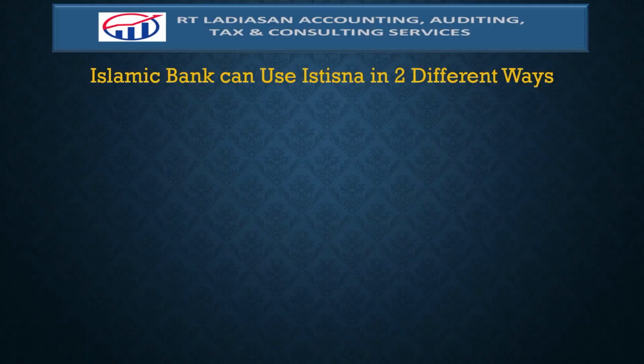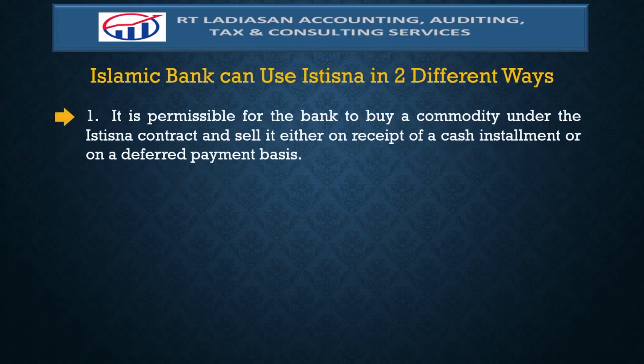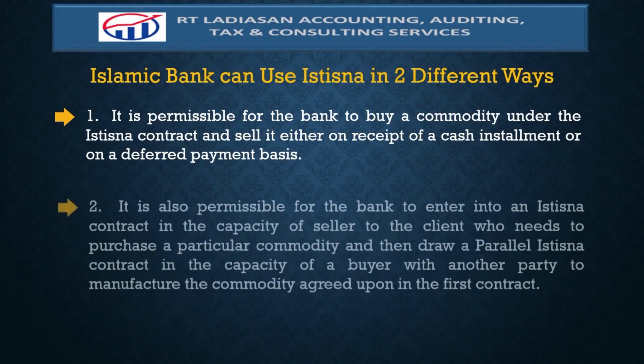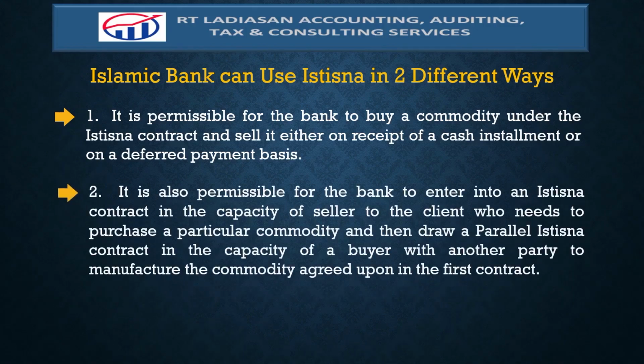An Islamic bank can use istisna in two different ways. The first way, it is permissible for the bank to buy a commodity under the istisna contract and sell it either on receipt of a cash installment or on a deferred payment basis. And the second, it is also permissible for the bank to enter into an istisna contract in the capacity of